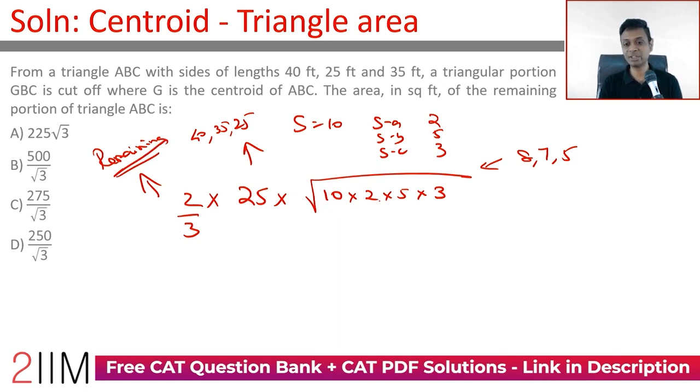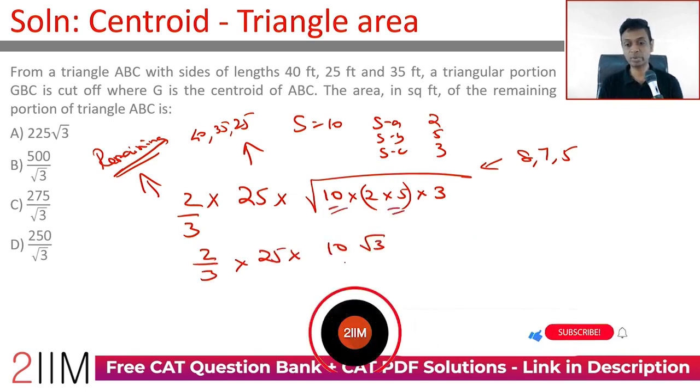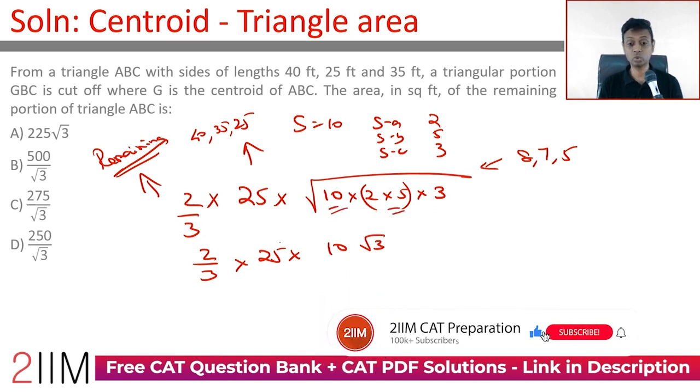Fine. So 10 into 2, 20, 20 into 5 is 100, or this is 10, 10 into 10, then the root 3 remaining. So 2 by 3 into 25 into 10 root 3. There's two tens here. You take it out of the square root, it becomes a 10. So this is 250 into 2, 500 by 3 times root 3, which is nothing but 500 by root 3,